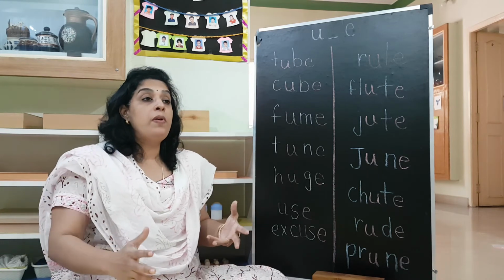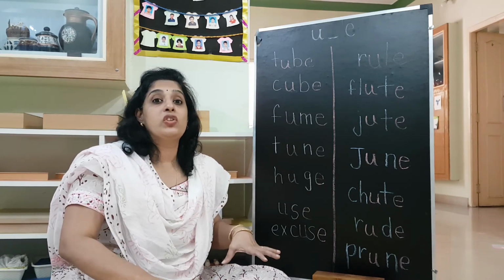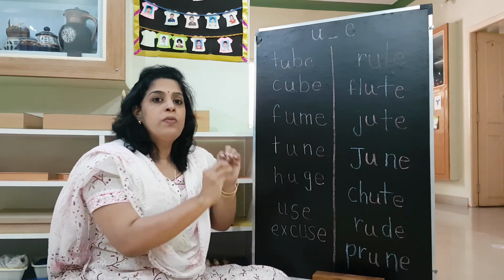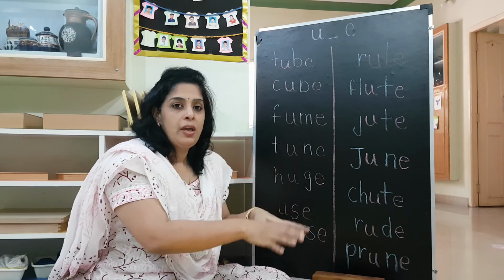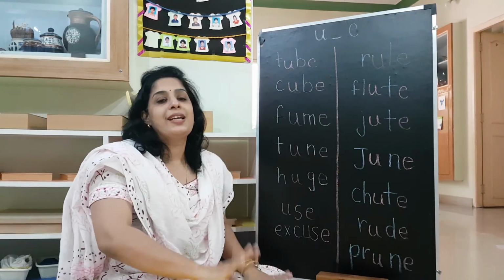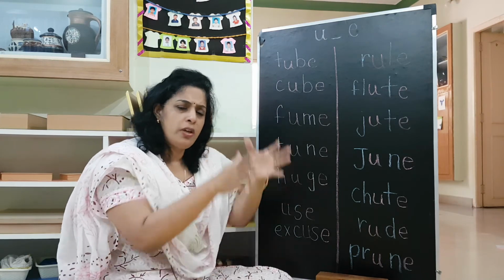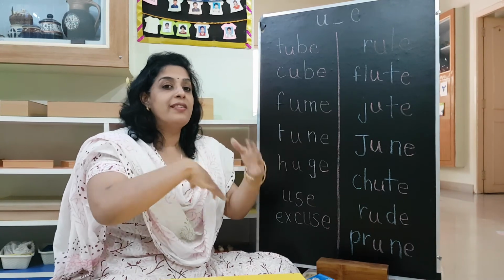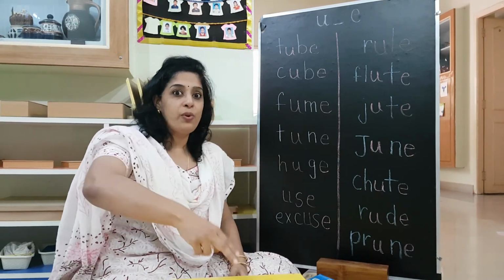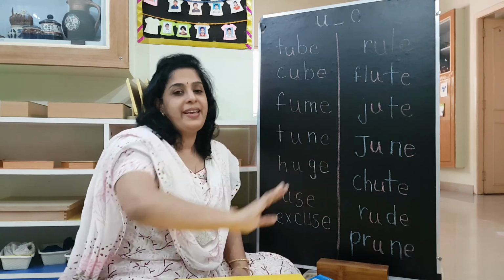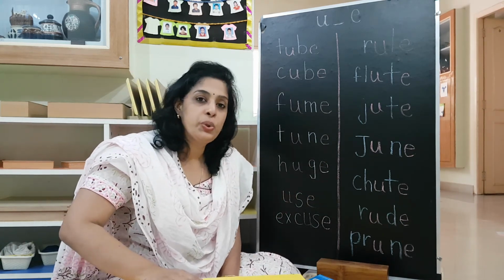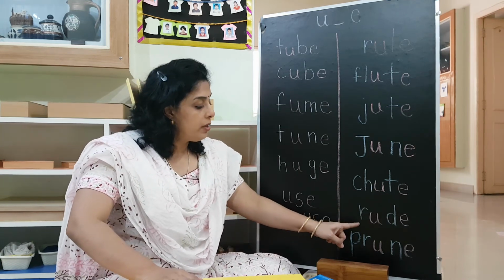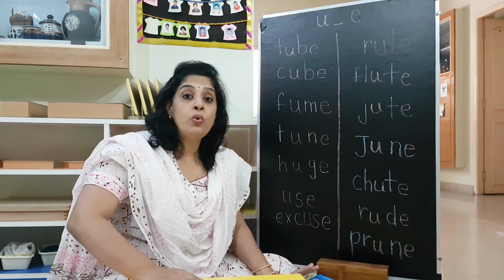Sometimes people will have chutes for disposing garbage. In the tall buildings, near the kitchen there will be a small opening through which they can put the garbage, and it goes down a chute and gets collected at the bottom. A passage, a small way, like a tunnel. Like a closed sliding board. You've seen some sliding boards which are fully closed and you go through that pipe. That kind of thing is called a chute. Chute, chute.